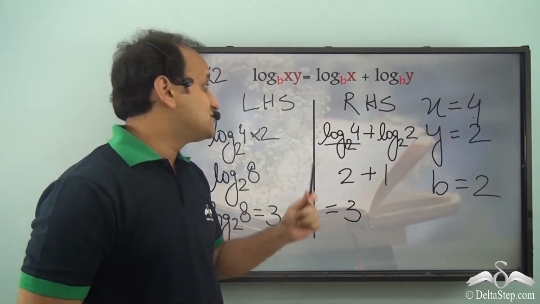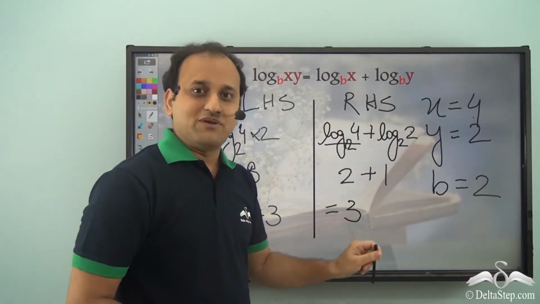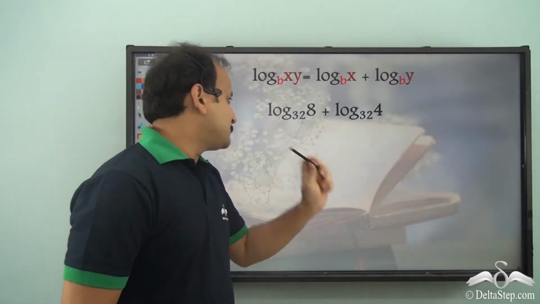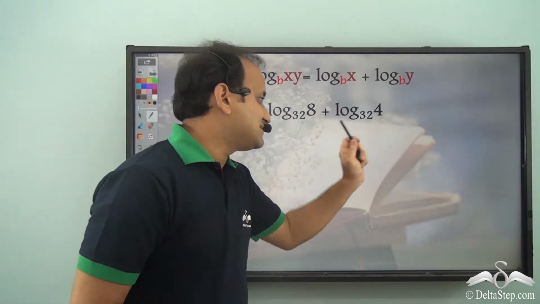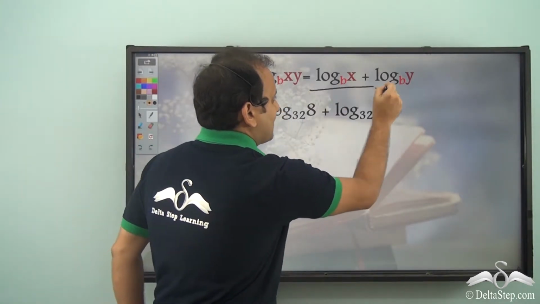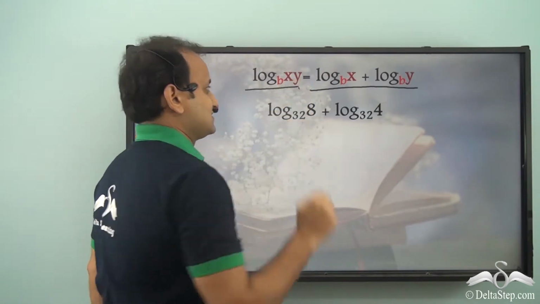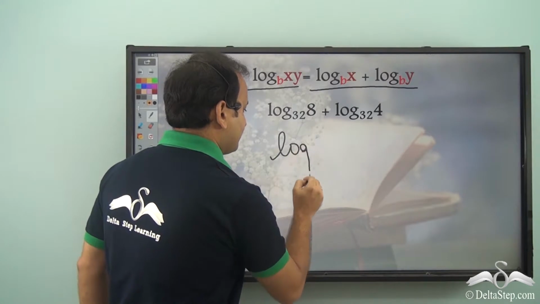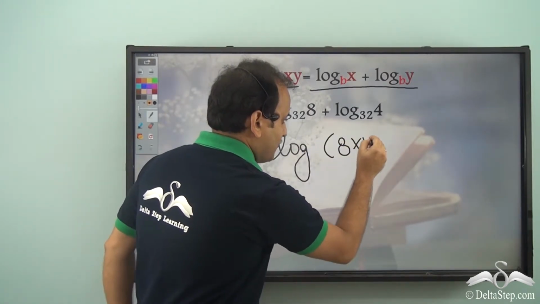So now that Sam is confirmed that this law stands true, he'll apply it to the problem which he's facing. So the problem which he was facing is that log of 8 to the base 32 plus log of 4 to the base 32. Now, this is exactly in this form. So this can be written as this. That means log of 8 into 4